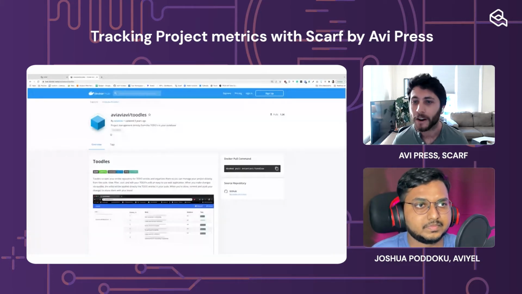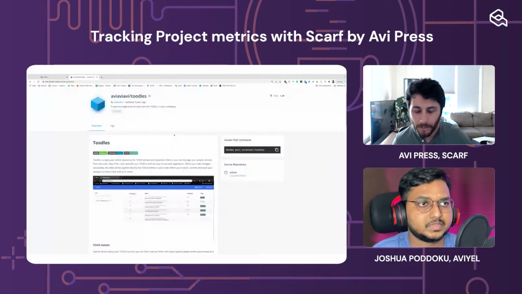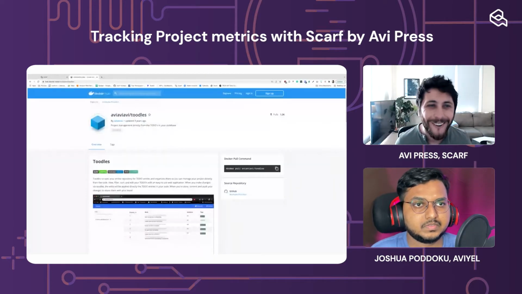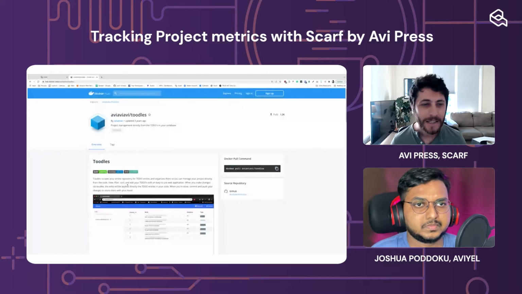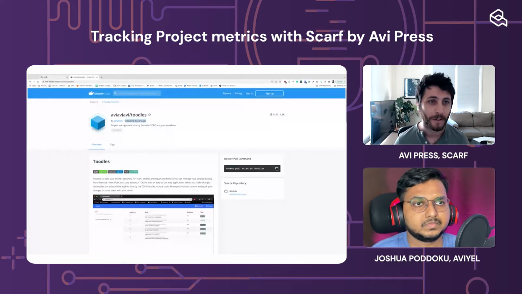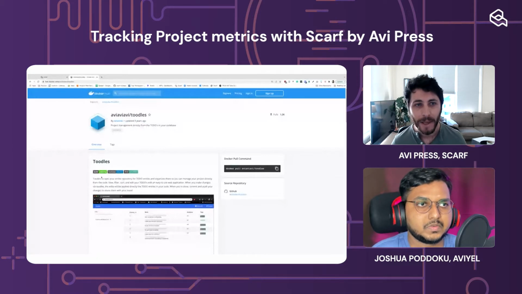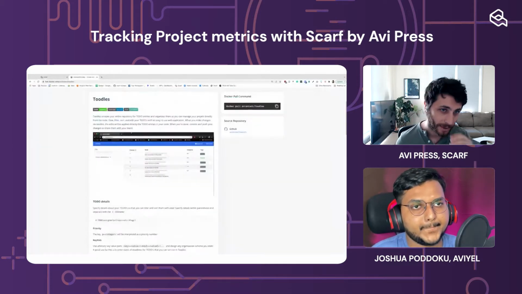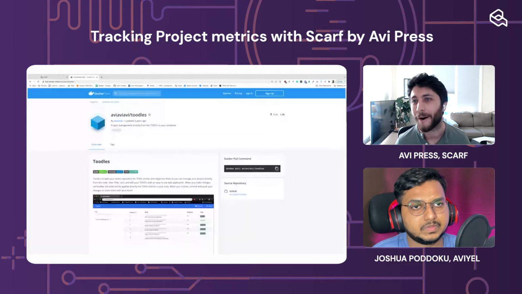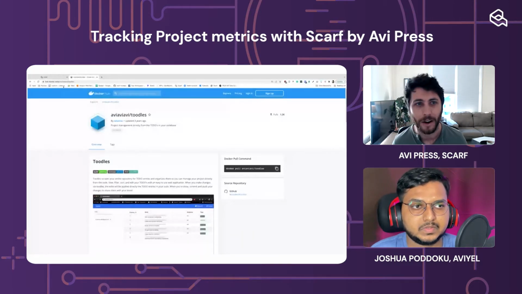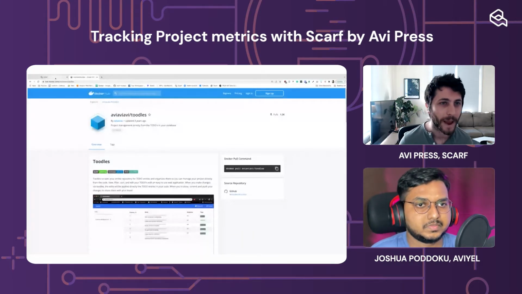What I have here is a Docker container. This is a side project from a while ago, I guess about 3 years before I was really touching this. The idea when I was using this, and this is the particular story of how Scarf even came to be, is that I had some people at big companies that were using the software, but I didn't really know exactly how. And I had different distributions, not just Docker, but system packages as well.